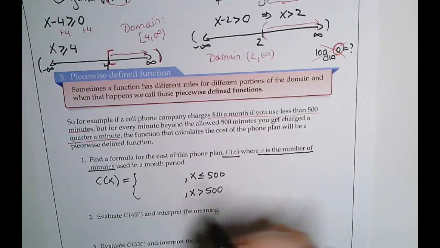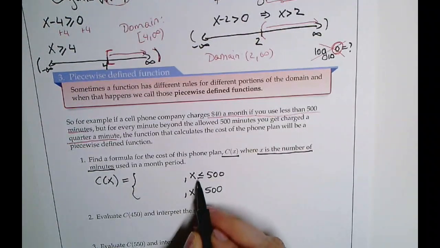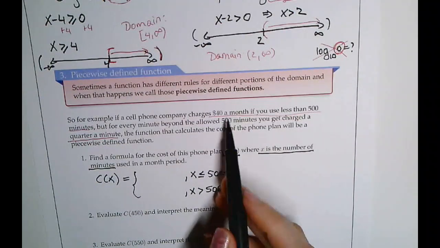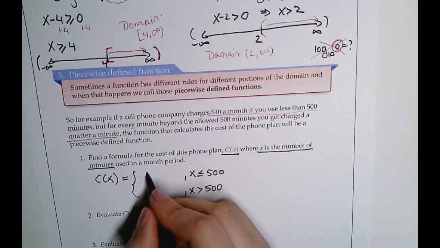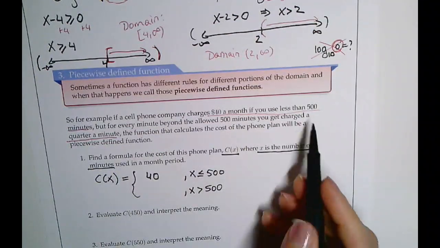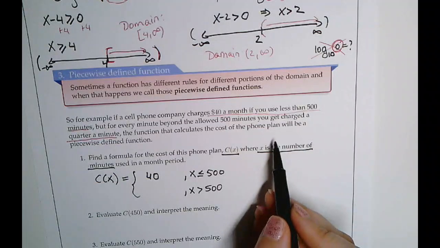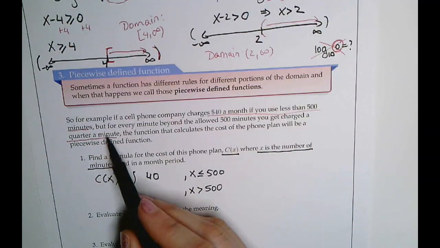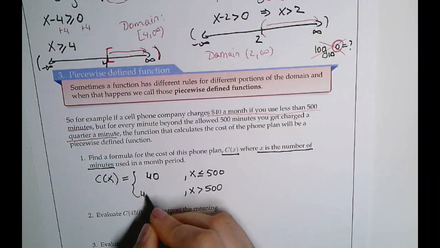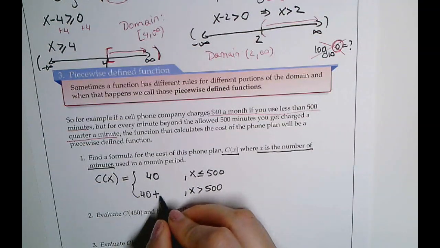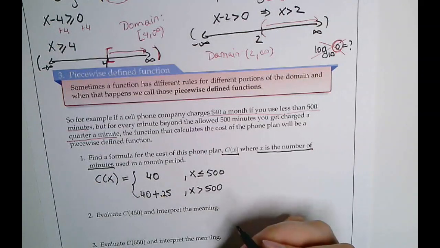So we're going to put curly braces and we're going to say, what is the rule? If x is less than or equal to 500, what are you going to get charged? Well, it says $40 a month, a flat fee of 40, so just 40. But then if you go over 500, you're going to be charged a quarter for each additional minute. So you're still going to get charged the $40, and then plus a quarter, plus 0.25,